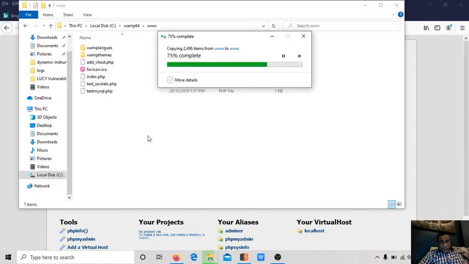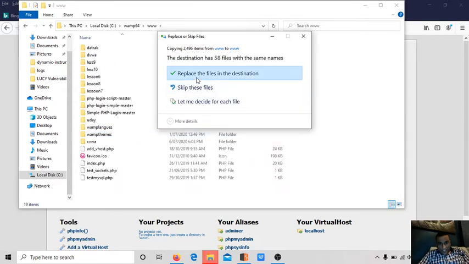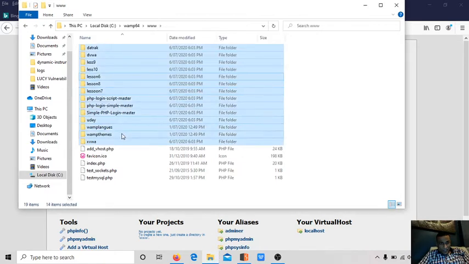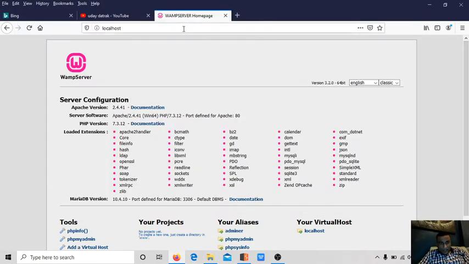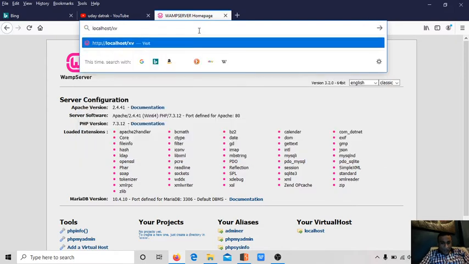But since we have freshly installed the WAMP server on a new machine, whenever we open any new application, it will throw some errors, guys. Like when it says replace the files in destination, I'll simply say skip because they are already there. Now I'll show you the first application. If I try to open XVWA, it will show some error. We don't have to remember those errors, guys, because it's very small stuff. Once you have the knowledge, based on the errors you can fix it on the fly.